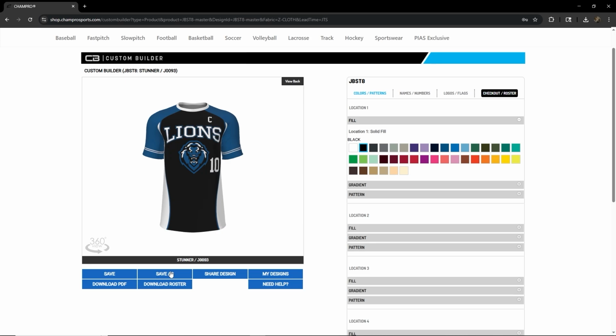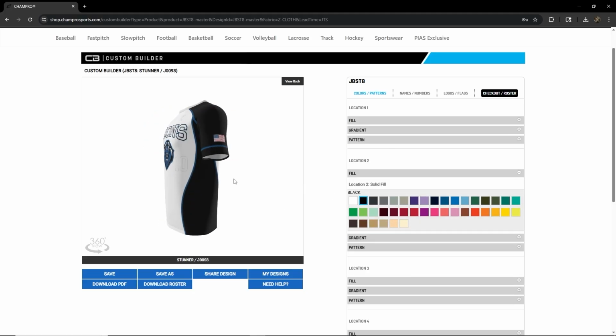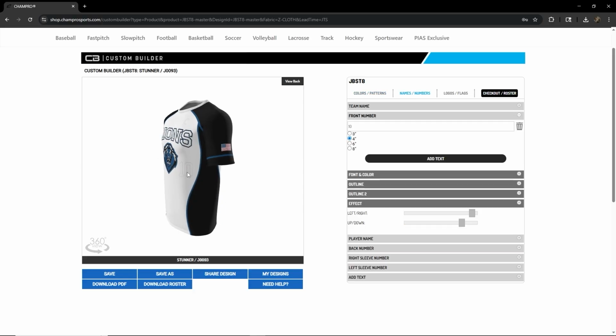Save as will create a copy of this design. So what I can do is, without actually needing to go and duplicate the design before, if I want to just have like an away version of the same jersey, say I change a few colors around,